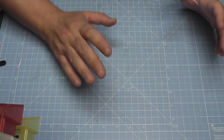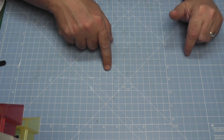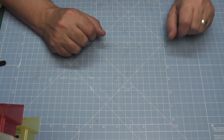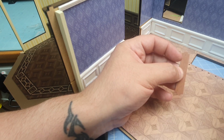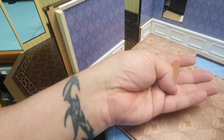Alright, so now comes the fun part. We're going to start installing these doors. So we're going to need to bring over the doll's house. I'm going to jiggle around the cameras and we'll bring over the doll's house. Okay, so we're going to use this part first. As you can see, we do have a pinhole in there, so we're going to make sure we get that the right side. It doesn't matter which side you use, so we're going to put glue on the one side